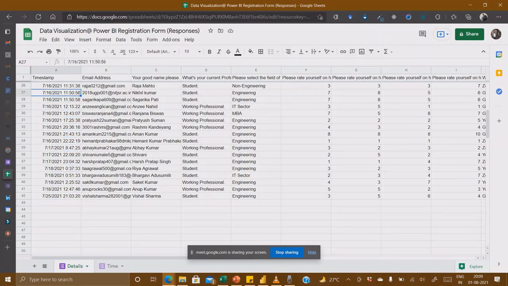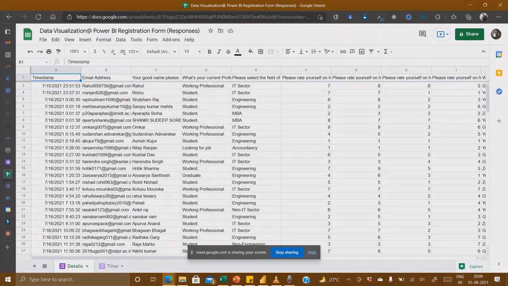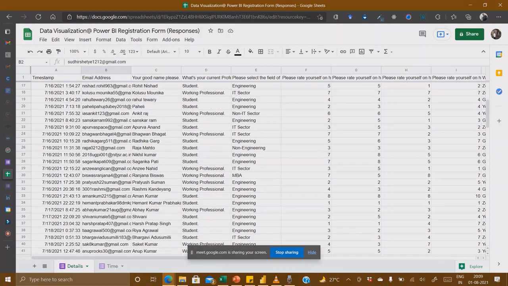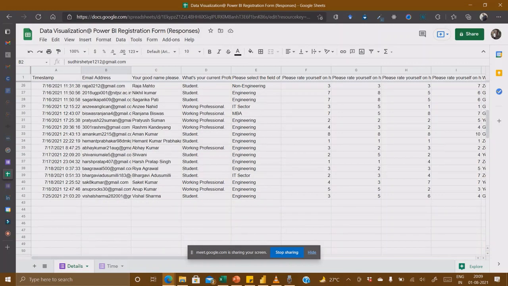One can always have a separate database, like an SQL database or Oracle database, or even some personal databases; a company can define their own databases for this purpose. I'm saying this because if someone fills the form here, it will be live. Each piece of data will come here directly.